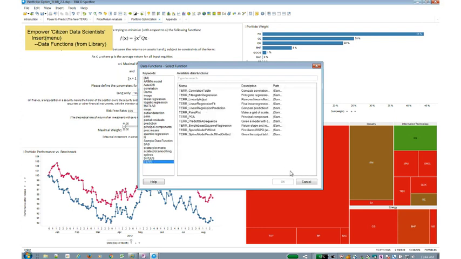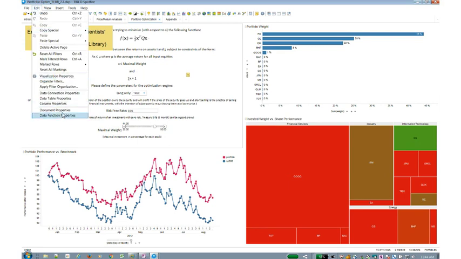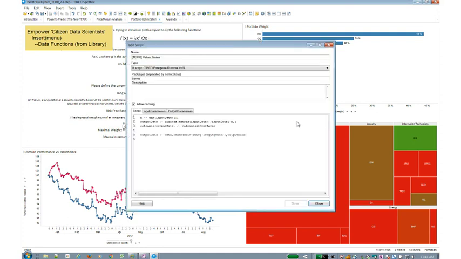Now, what does that mean for your data scientists? Well, they would need to come in here and say, I would like to publish a function to that library. This is where you leverage your data scientist that does know R, that does know SAS, that does know MATLAB. They would create and register a new function. They would enter the appropriate script. Here's a very simple example of an R script.